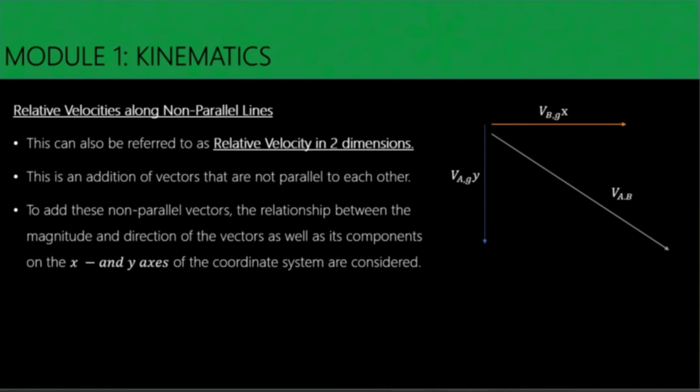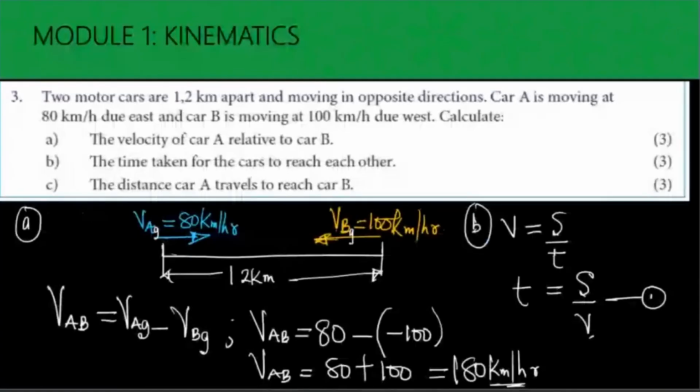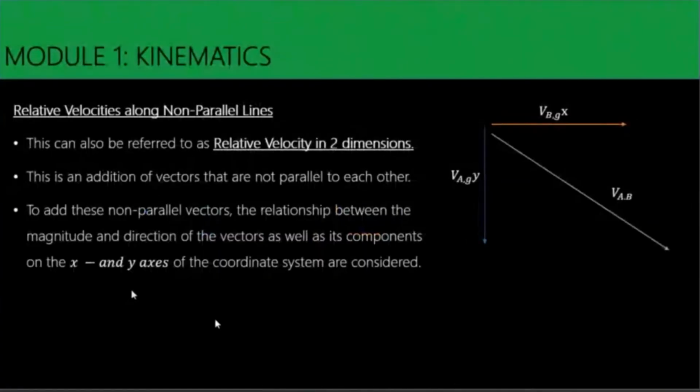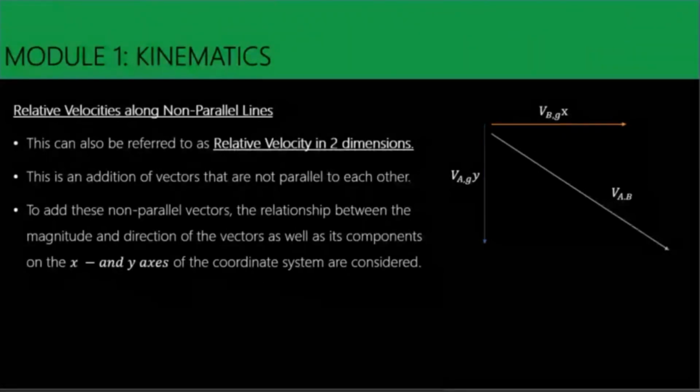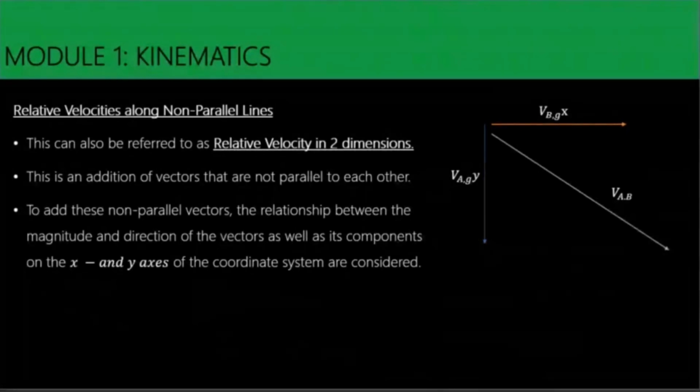Okay, so yesterday we were looking at relative velocities along parallel lines. So today we are going to be looking at relative velocity along non-parallel lines. So how do you determine the relative velocities in two dimensions? This aspect can as well be referred to as relative velocity in two dimensions. The parallel was the one that we did yesterday. Okay, so basically what we're going to be doing here is